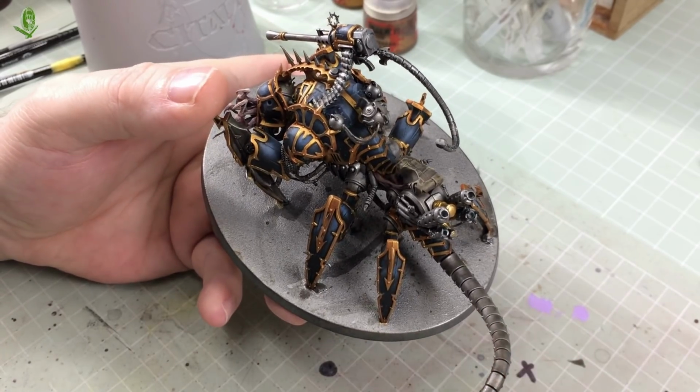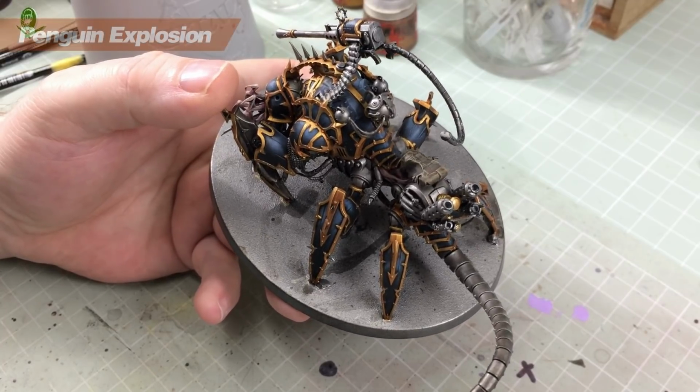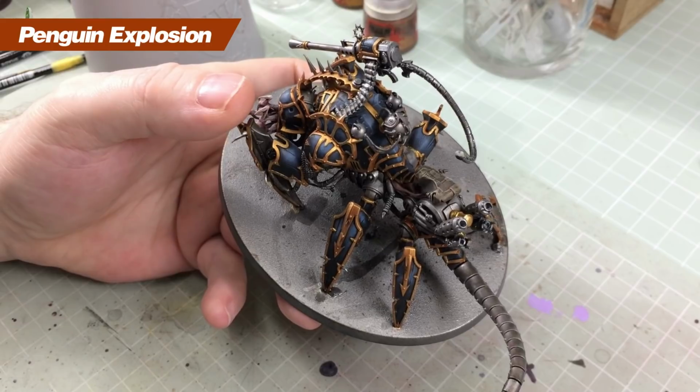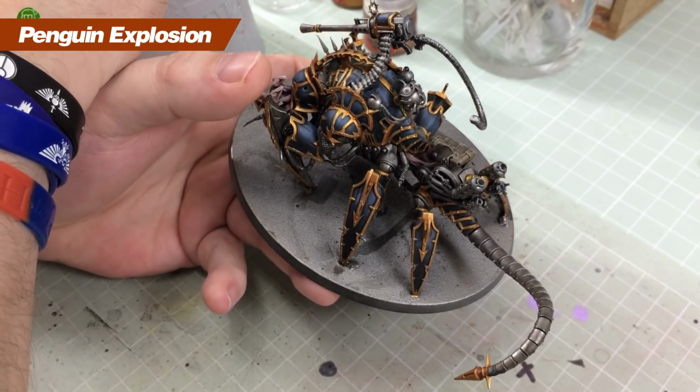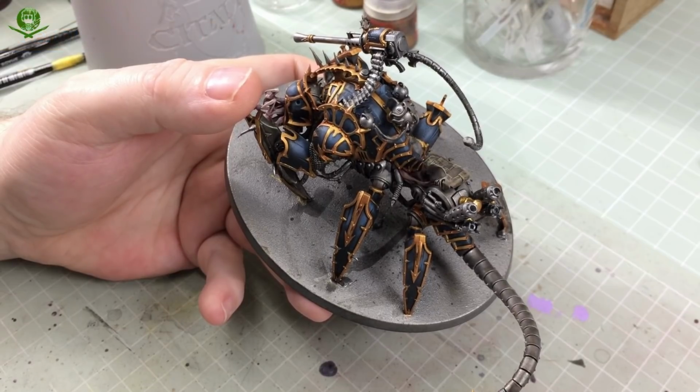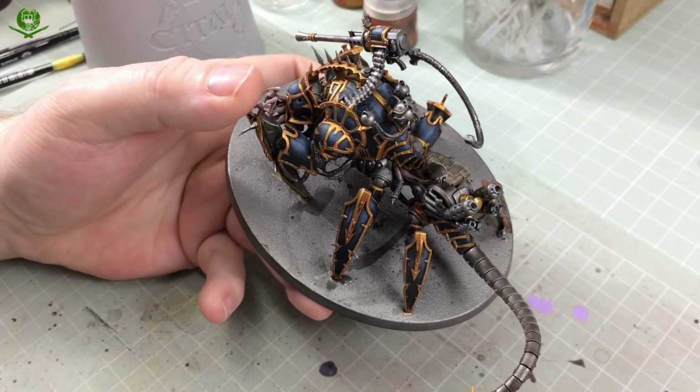So what we're going to do, we're going to start off, first of all, with some Balthazar Gold. I've got some on my wet palette here. Let me get a little tiny touch of water. Balthazar Gold's quite thick, so even if you are using a wet palette, and it's got some moisture on it, you might want to add the tiniest of bits of water to it just to help it flow better off